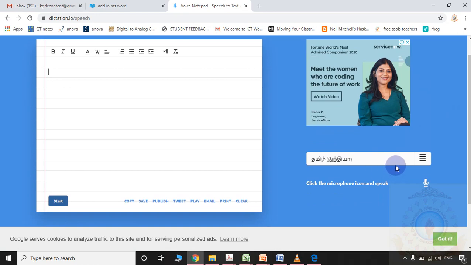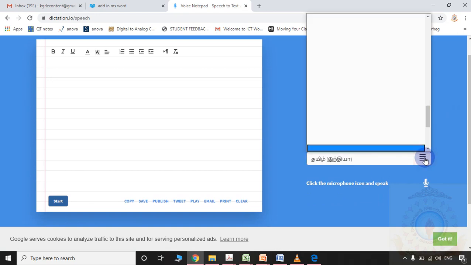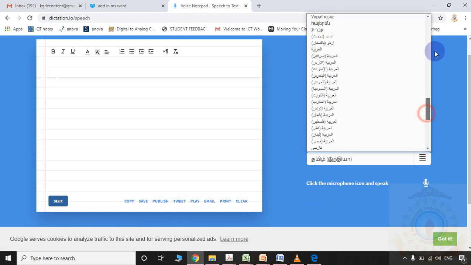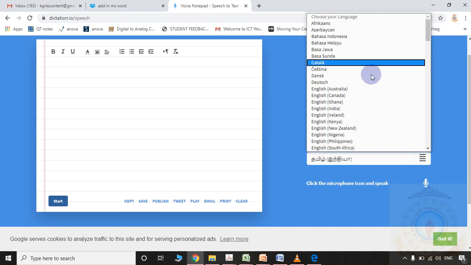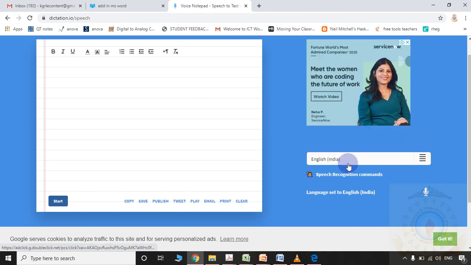First of all, please select your language here. English I am choosing. Suppose here, if you are clicking this particular start button,